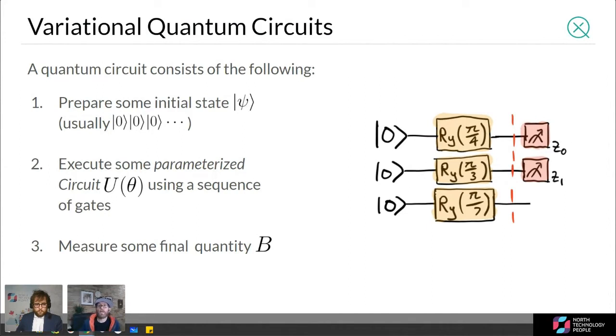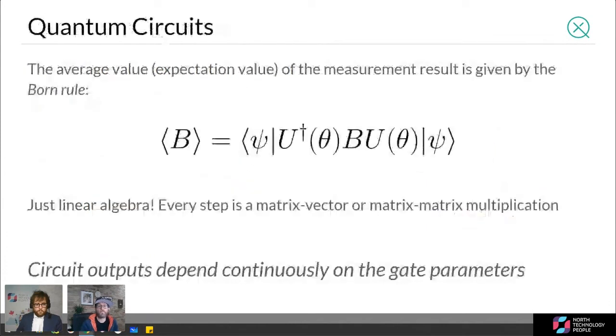The parameters for your gate elements are going to be the free parameters of your model. Then you run your parameterized circuit and generate some outputs that you can measure, and you use this to feed back and tweak those gate parameters to rerun and make a new measurement. It's really all about these parameters associated with the gates that manipulate your qubits.